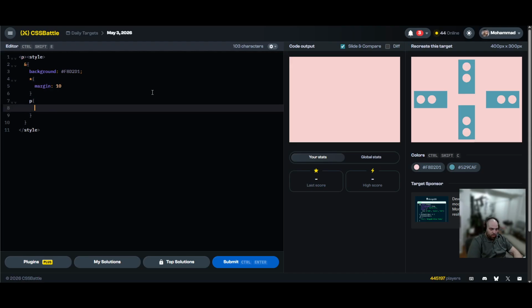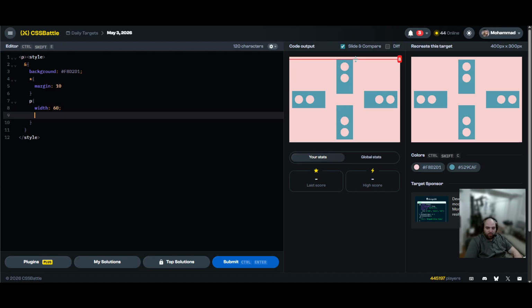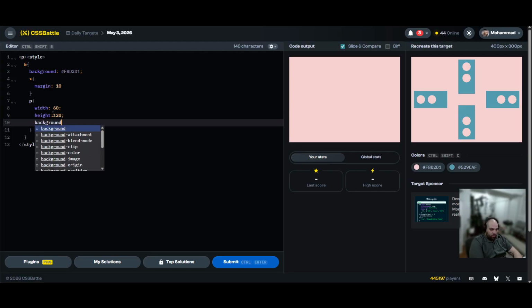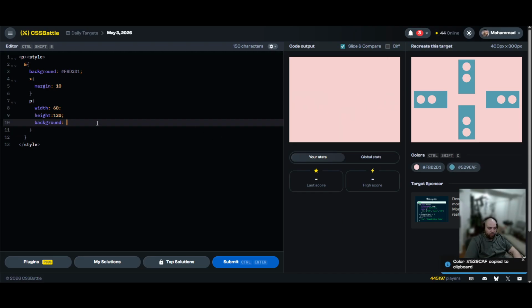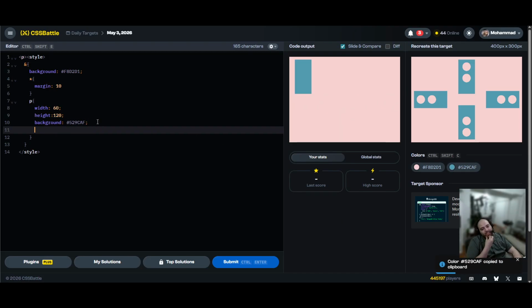the P tag. We have width, and that's going to be 170 to 230, 60 pixels. Height is going to be 10 to 130, so 120. Height 120, and then we'll go background this color, right? And then I could now box shadow this 4 times, but